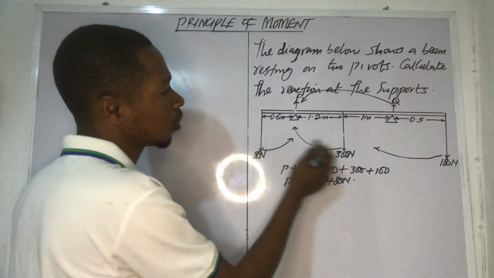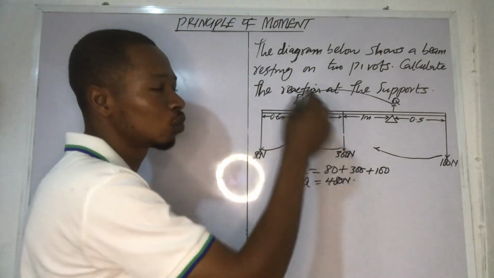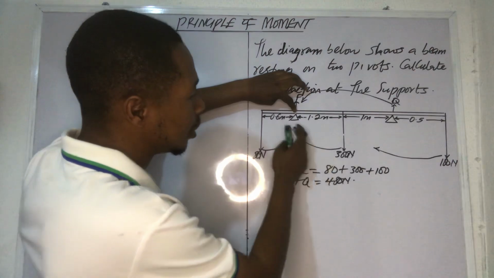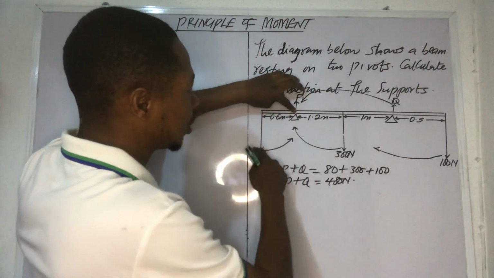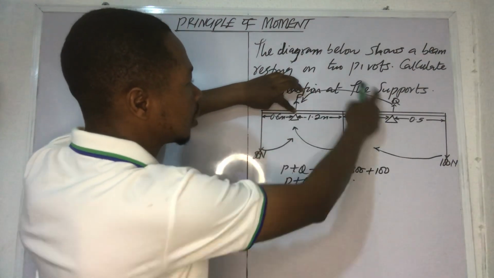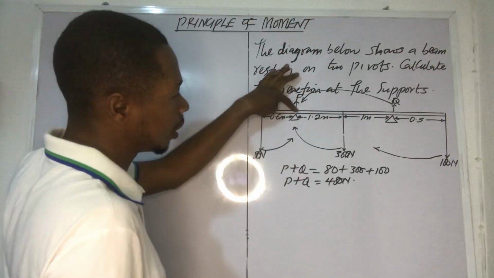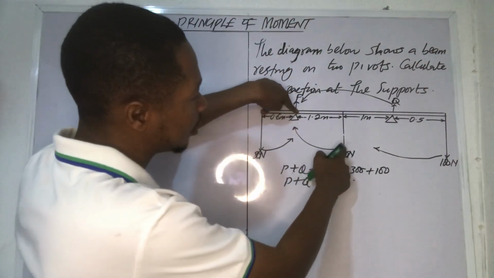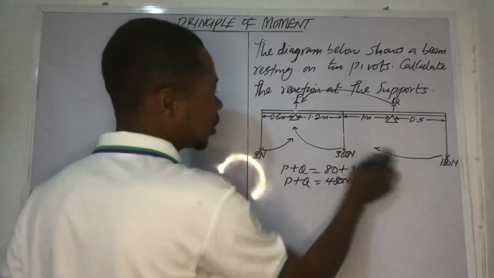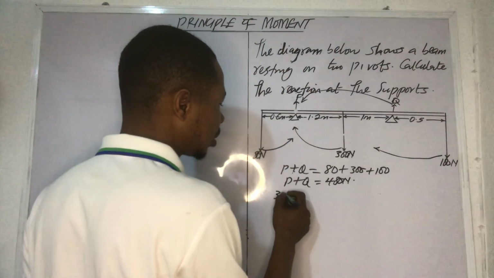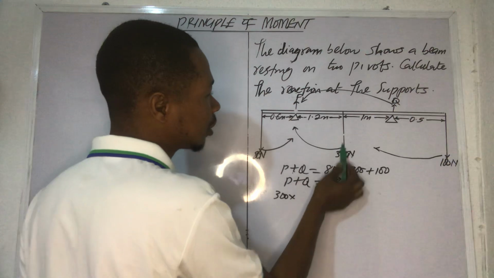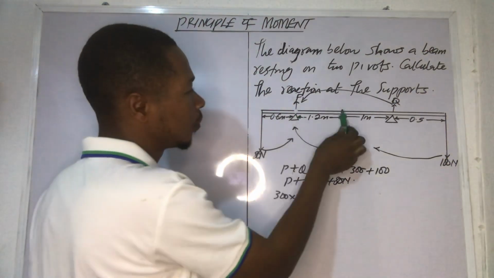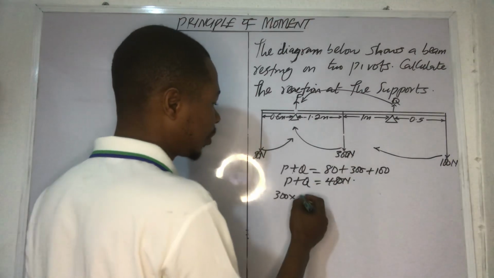So you have two clockwise movements, this and this, and two anti-clockwise movements, this and this. Now taking moments about point Q, clockwise moment is equal to anti-clockwise moment. That means this 300, clockwise, will be 300 times the distance from the 300 to the point P. So from here to here is 1.2. So you have 300 times 1.2